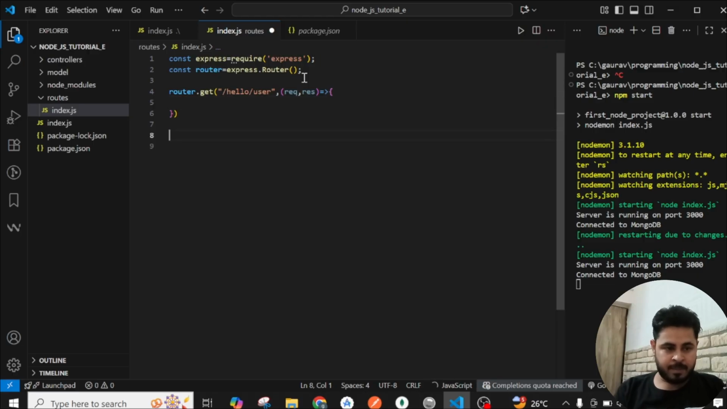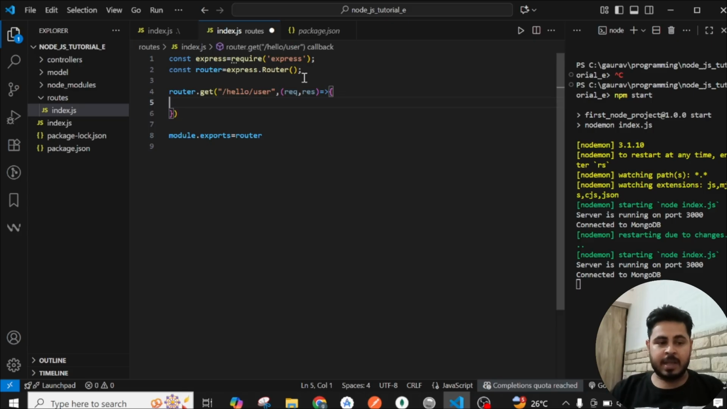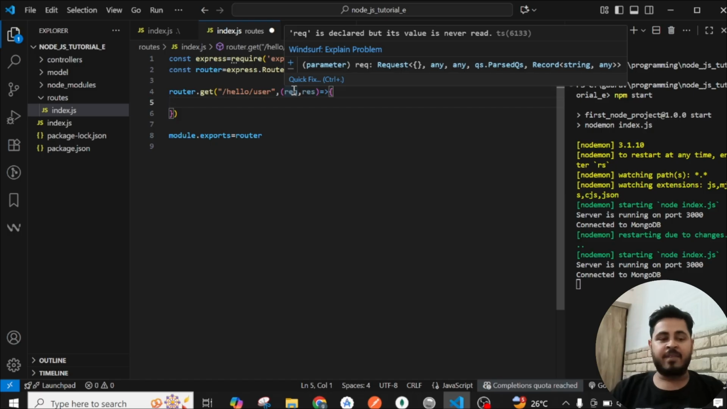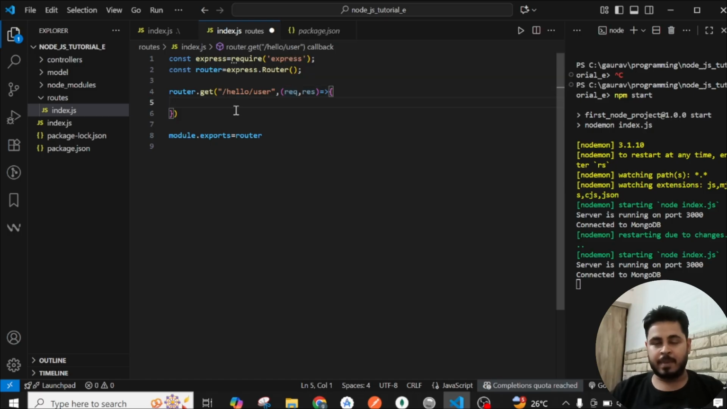And now I'm exporting this particular route so that I can use it in different other files. I have already created it, and as you are already familiar with JavaScript, I hope, and if you are not, you can look at my other tutorial videos about JavaScript. So here we passed an arrow function, and this arrow function will act as a controller. Controller means that when a user calls this particular endpoint from his system, hello/user, then this arrow